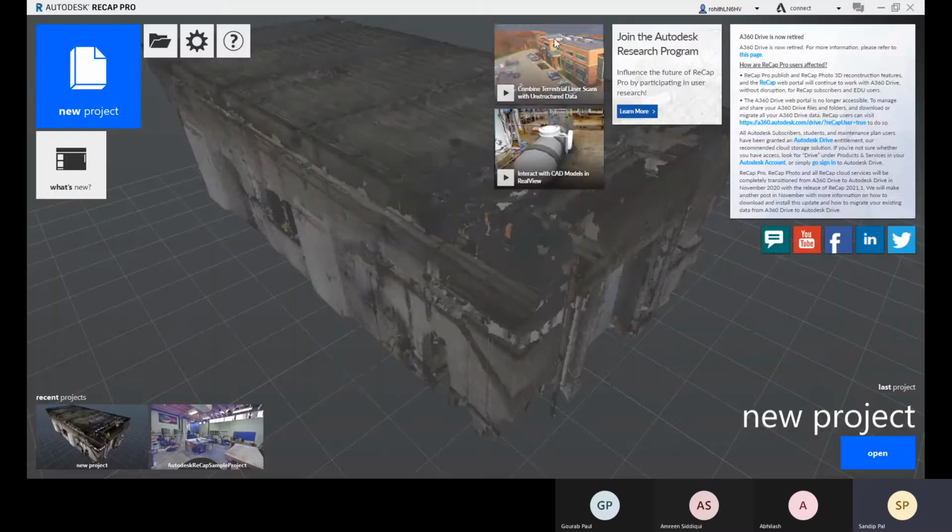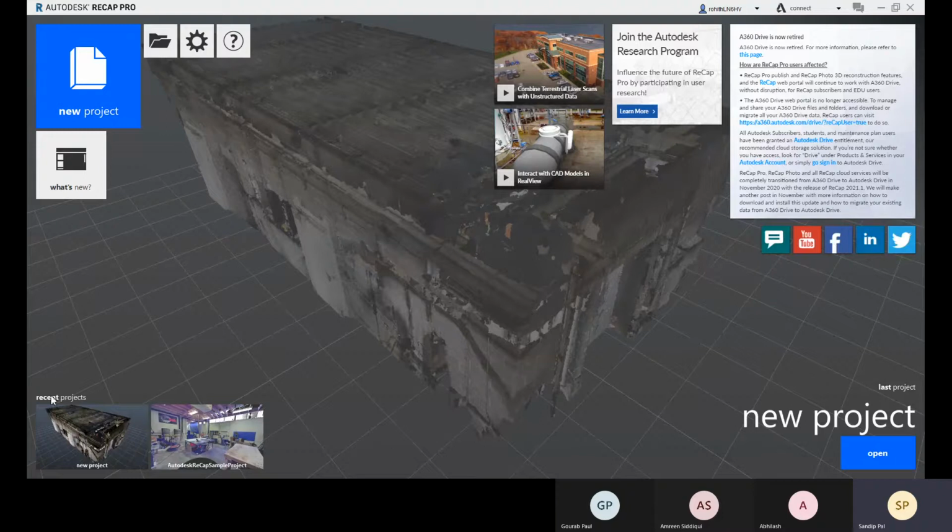Okay, and here you can see some examples or some sample files. You can just choose them and open them. And some forums are there for Recap. You can use that forum to communicate with experts and ask your queries on that forum. And this is all the related updates with Recap. Okay, and you can also follow their pages on social media platforms.